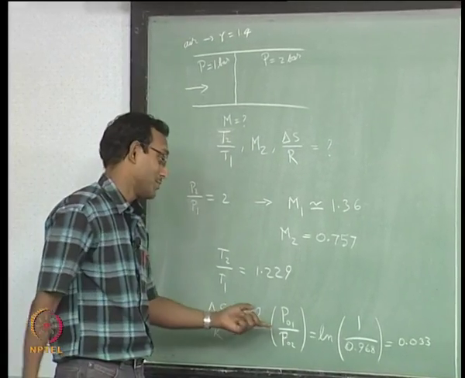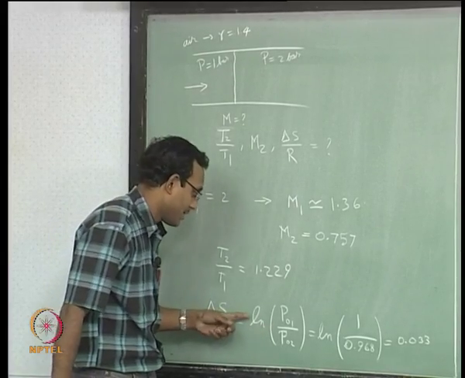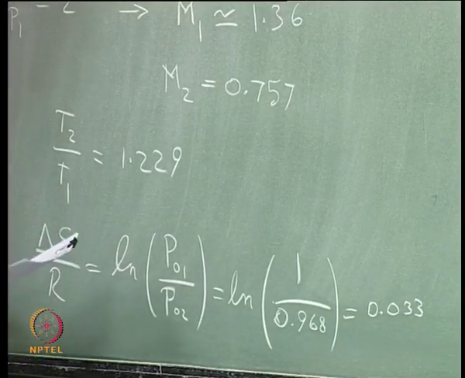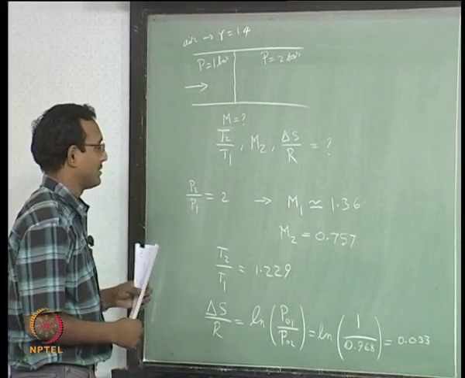I can do this the other way also. I can say that delta S by R equals minus log of P02 by P01. I will get the same answer anyway. So this is a simple enough problem. We solved this. Now,